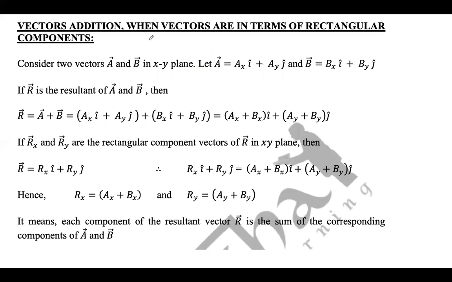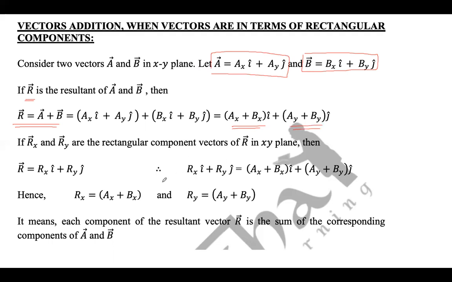So vector addition, when vectors are in the terms of rectangular components. So let's say you have two vectors, one is axi plus ayj, और दूसरा vector है bxi plus byj. Now if we have to add these two vectors, let's say r is the sum of these two vectors a plus b, then what you will do is add the i components together and the j components together. So x component ax plus bx i plus ay plus by j. So this is your